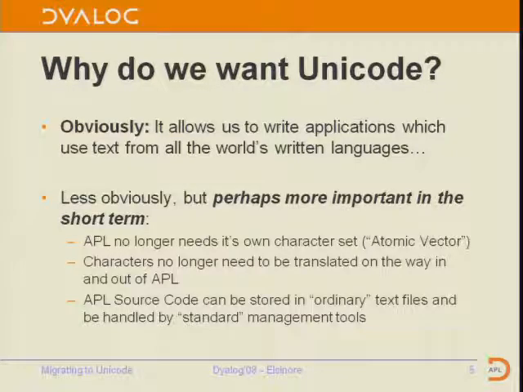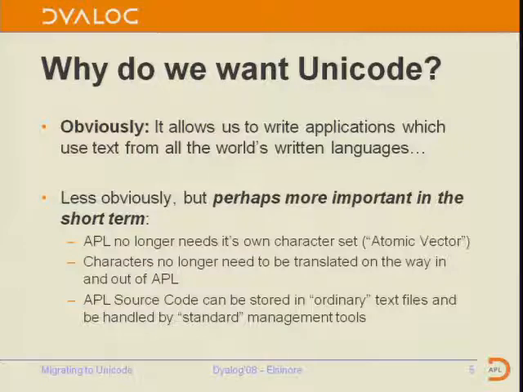And less obviously, but perhaps more important for many of us in the short term, Unicode is an opportunity for the APL community to simplify how we do a lot of things. We don't any longer need our own character set.